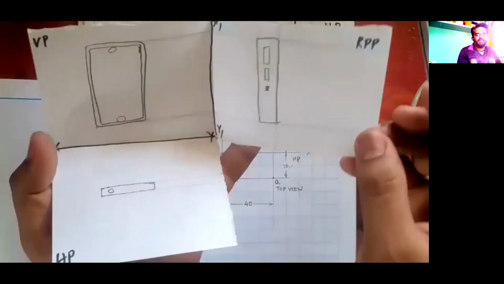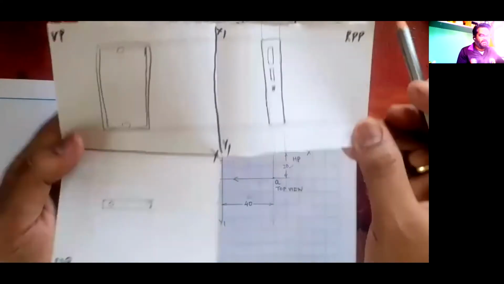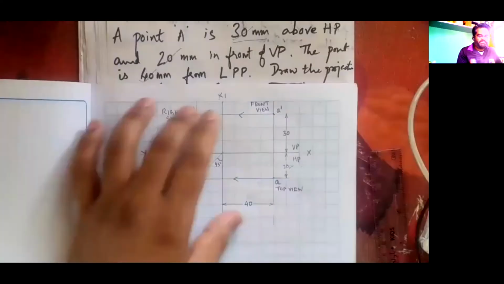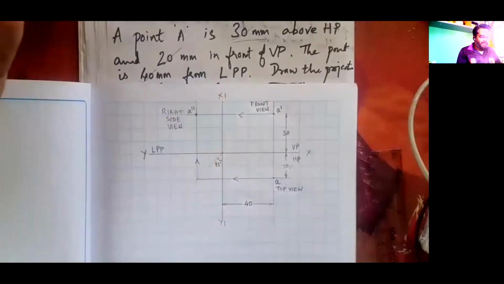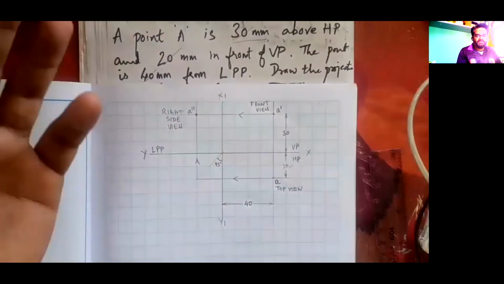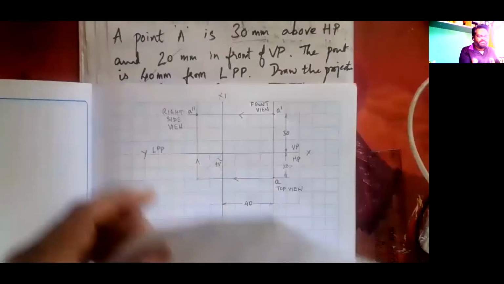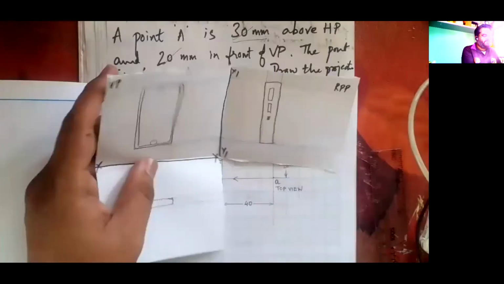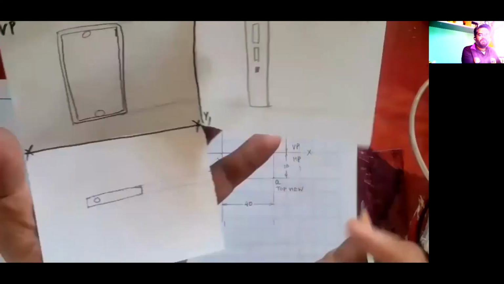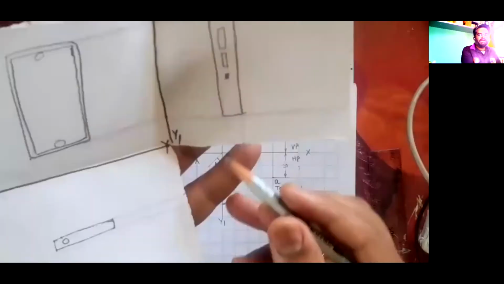This is a 2D plane. My paper is 2D. My drawing wall, this board, is 2D. I want to convert this because it is orthographic projection. Got it? Next, when there is no plane of projection, how will I join these two? How will I get this side view? I cannot get it easily.